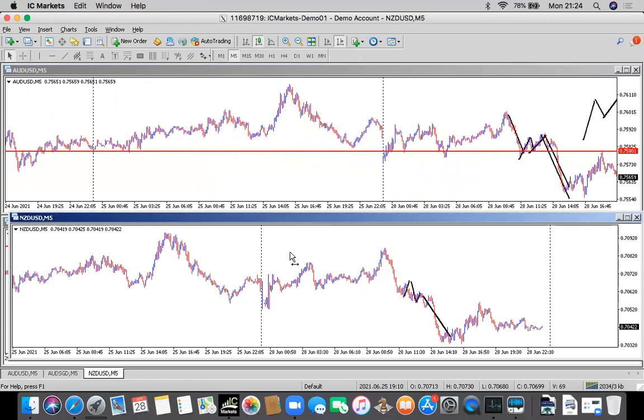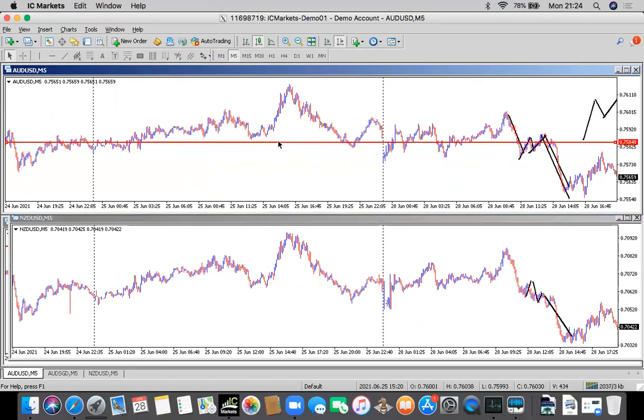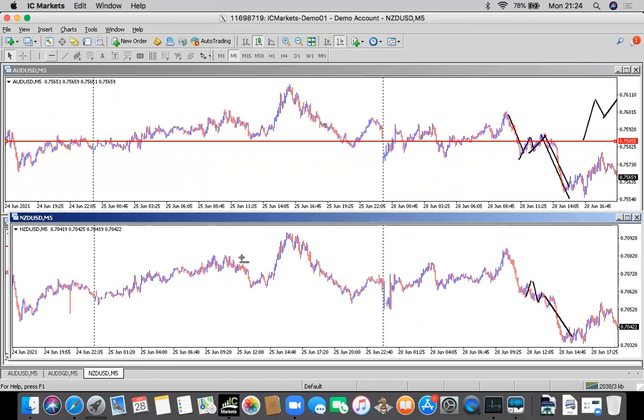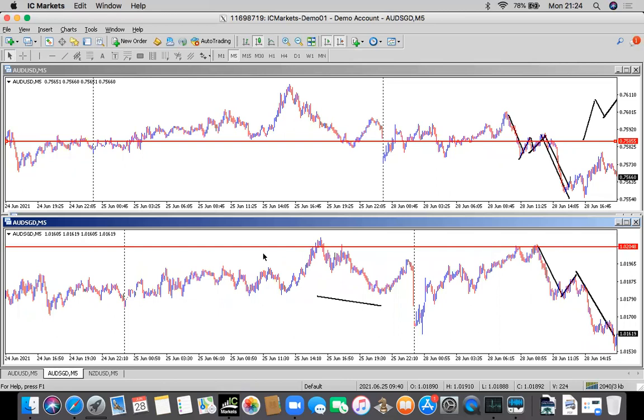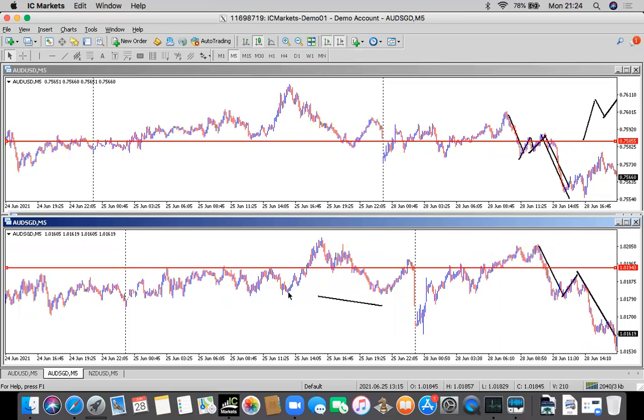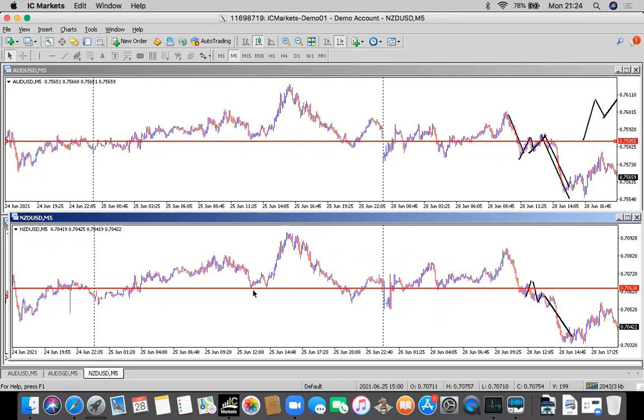So you can see on Fridays also, you just take this and this, and you could easily check and see what's the breakup structure here. No, about here. Nope. But on SGD, there wasn't either. So perfect day not to trade this pair. Right? So basically, that's just how it works. It's that easy. Though I don't know if there was a break here, but you could see the W pattern,